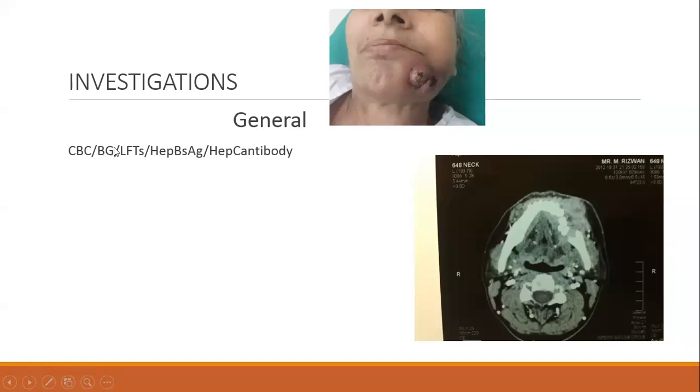Blood gases is not always required. I think I should change this. However, urea, creatinine, and electrolytes are important. And chest X-ray. You see there it is: urea, creatinine, electrolytes, and chest X-ray.